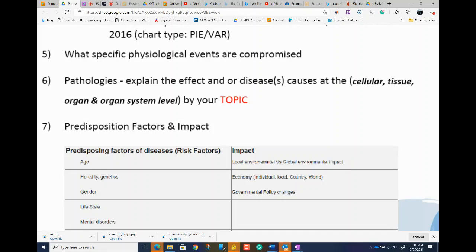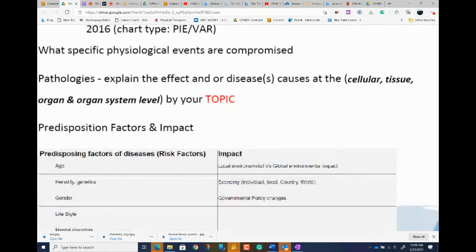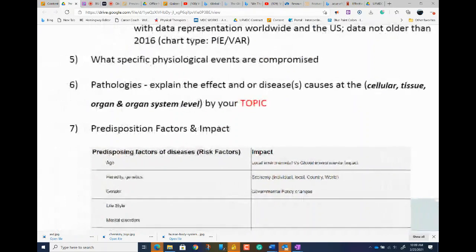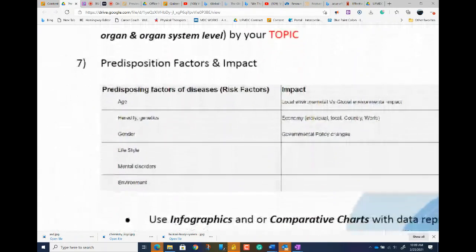Because the moisturizer is able to go through the skin, right? So what chemical structures are in there that allow it to permeate the skin so you can hydrate your skin? Right. So that's affecting what? The cellular, the tissue, and the integumentary system and organ level. Does that make sense? Yes, sir. All right. So that is your topic. And then